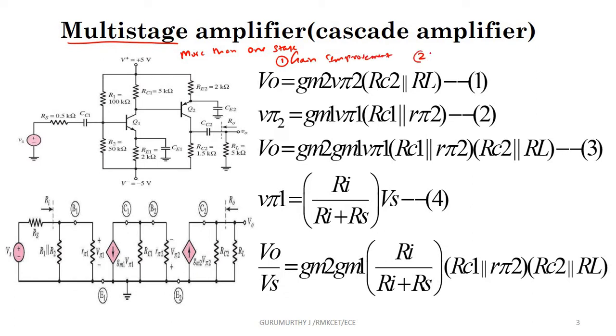and the second reason is you can obtain desired input and output impedance. So for these two reasons you can go for multi-stage amplifiers, and you should be careful in the